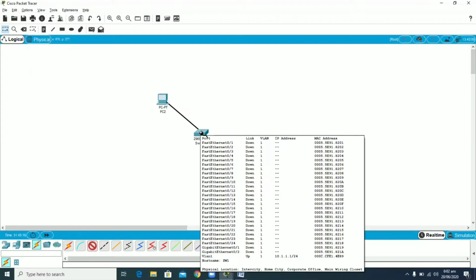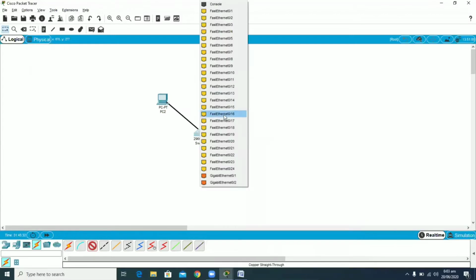As you can see from this pop-up chart, all the 24 ports and the Gigabit Ethernet ports are in the VLAN 1. The link is down, but the VLAN 1 link is up, and it is also configured with an IP address. You can see it in the pop-up chart.